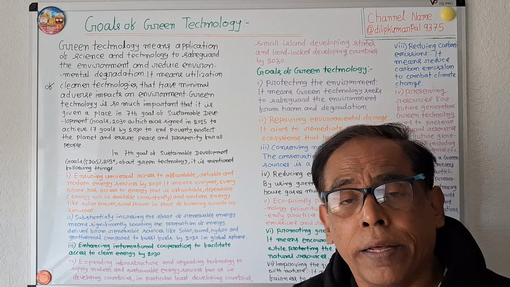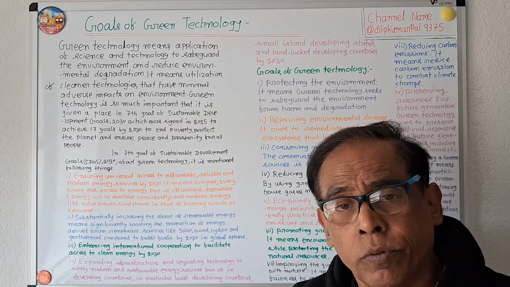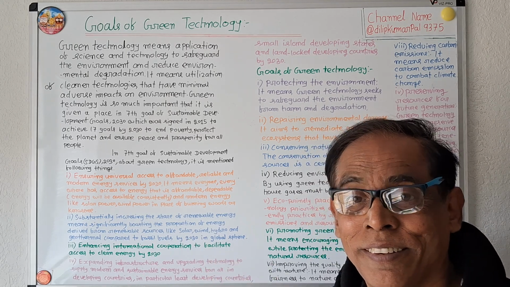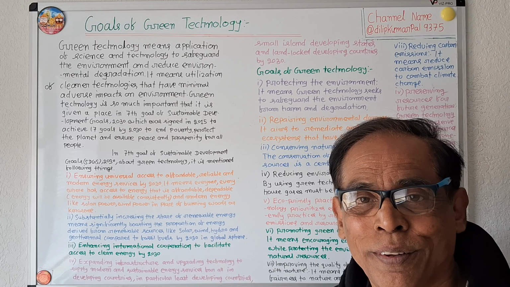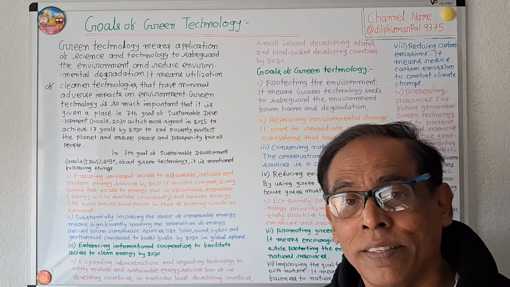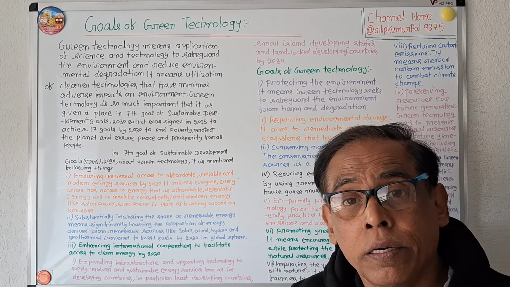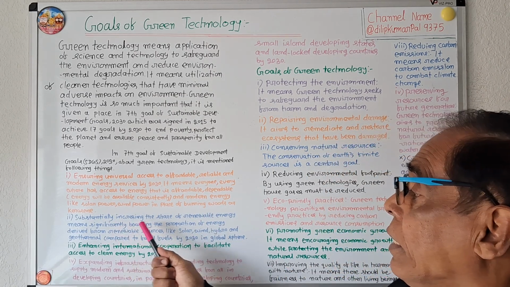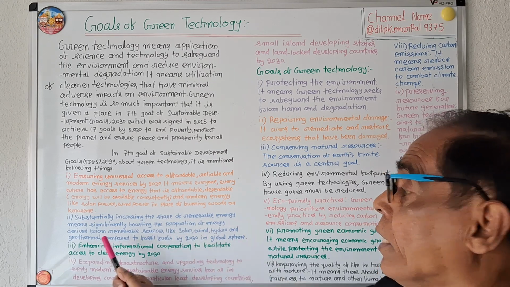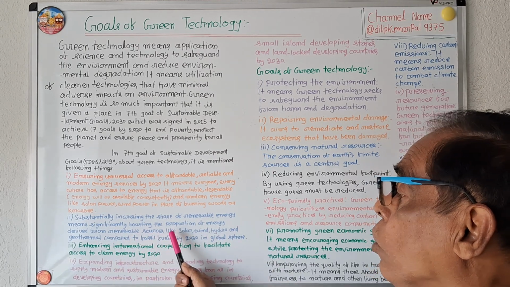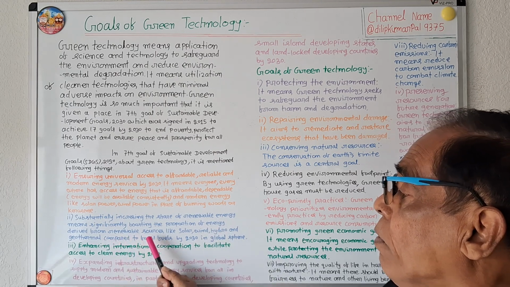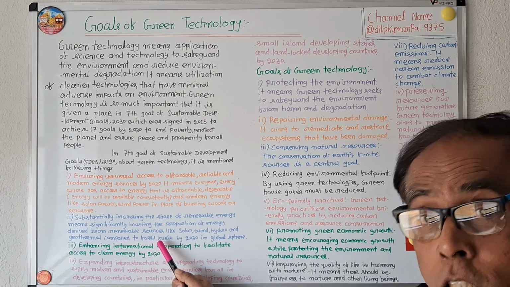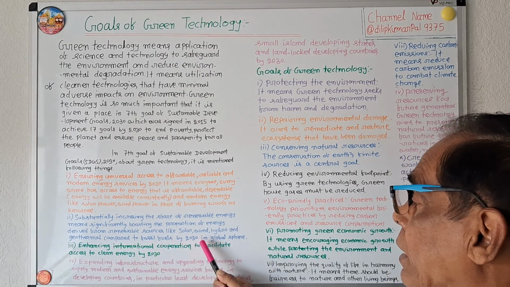Second important thing is mentioned that continuous efforts must be made to boost green energies in the global market. In comparison to other energies, effort must be made to give green energy a major share. Substantially increasing share of renewable energy means significantly boosting the proportion of energy derived from renewable sources like solar, wind, hydro, and geothermal compared to fossil fuels, petrol, diesel, by 2030 in the global sphere.